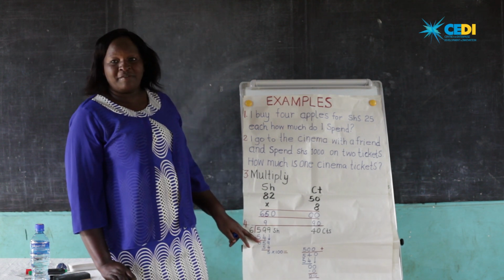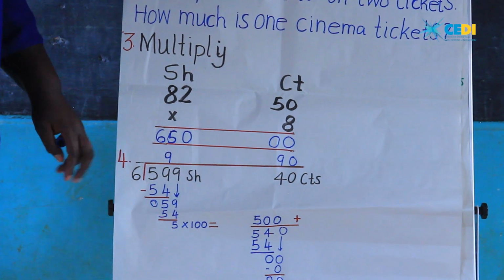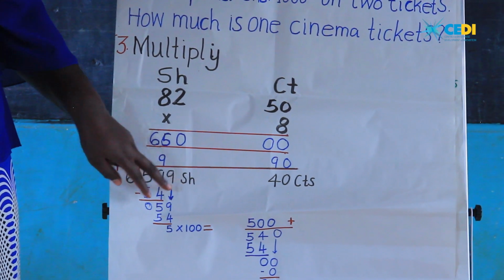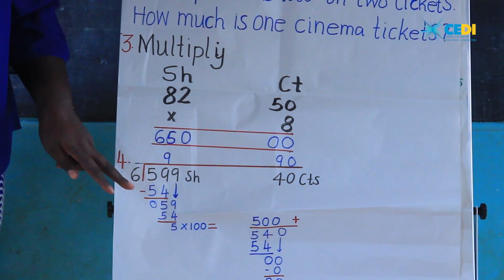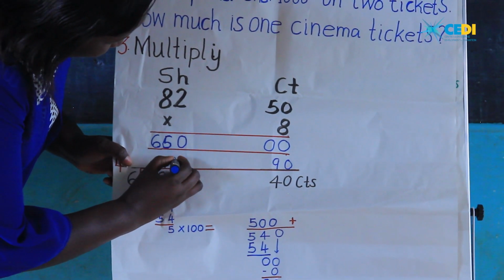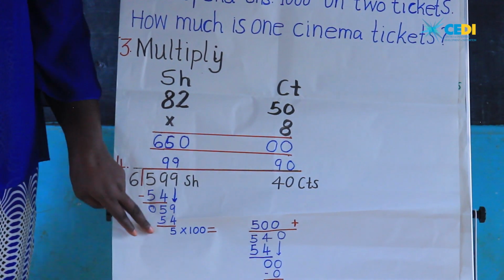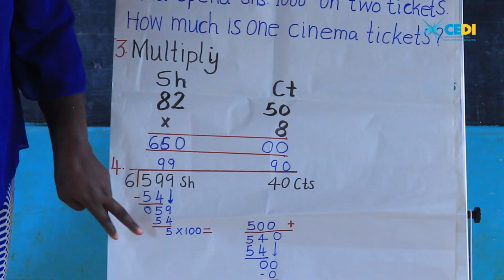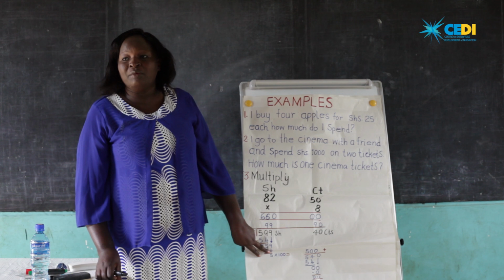Here I have 5 shillings and I have 6 children. I cannot divide. So I will have to drop down 9 so that I have 59 shillings. So 59 shillings and I have 6 children. I will have to give each child 9 shillings. 9 times 6 is 54. So the remainder here, after giving out 99 shillings to each of the 6 children, I will remain with 5